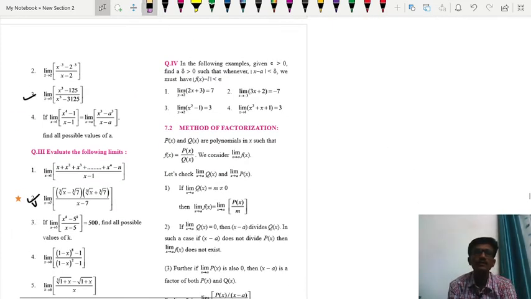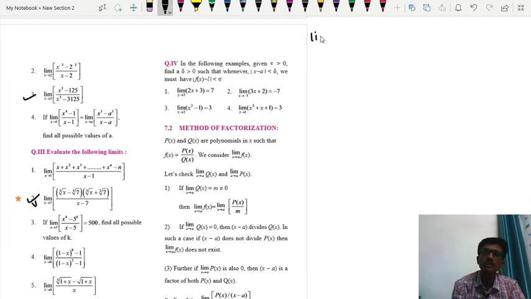So let's evaluate this limit: limit x tends to 7, cube root of x